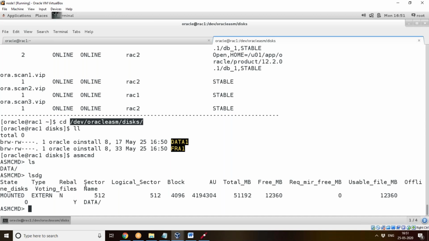So normally in organizations, in real time, we used to have some 5 or 10 disks in a disk group. Okay. So in any one disk group only, we used to have our voting file. Fine. So that will show us voting file as yes. The other disk groups will show us no here. Okay. Name of the disk group is data. So like this, we used to go using the ASMCMD command. With ASMCMD we can find out the disk group status and where the SP file is, all those things we can find out.